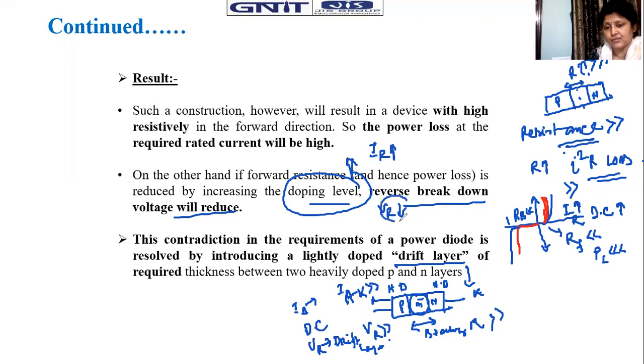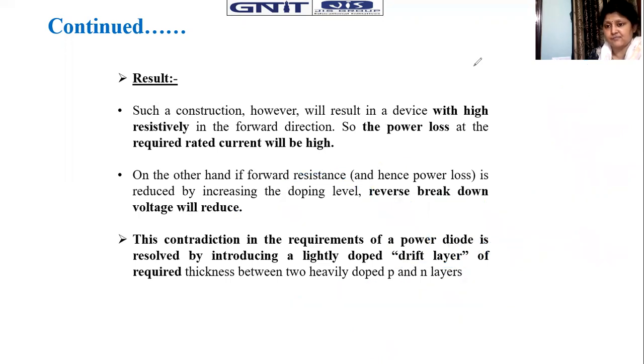So to enhance the voltage rating, we have to use a drift layer, that's the N minus layer, which has the property of blocking the voltage. So you can say it is also a voltage blocking layer. This is called the drift layer. So instead of only N and P, we have an extra layer, that is N minus. Let me clear my sketch and we will move forward.